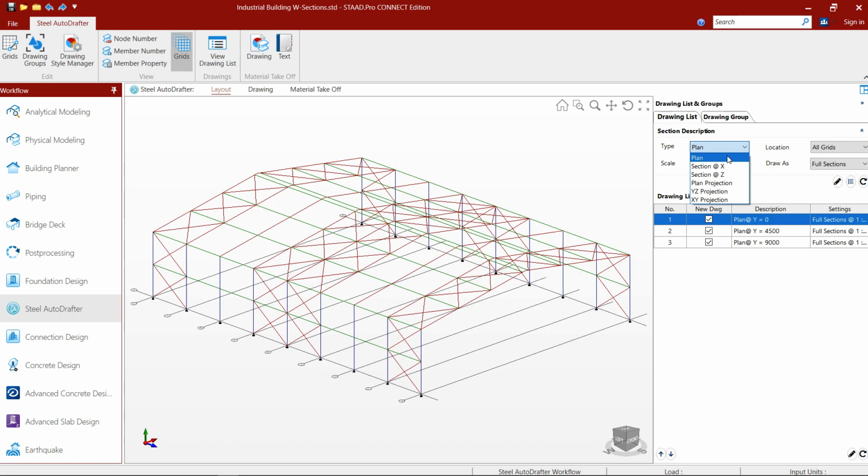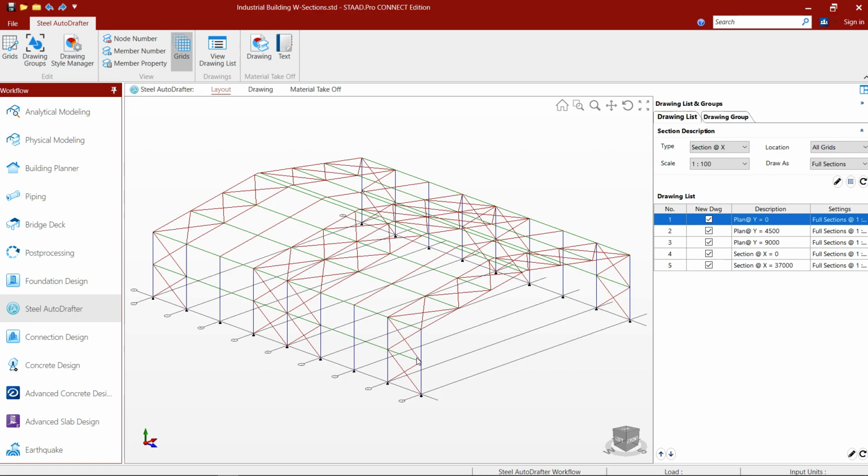Then let us add section along x-axis. This red axis shows x-axis. So we have to see these sections. The grids available are all these listed over here, and let's add all the drawings.